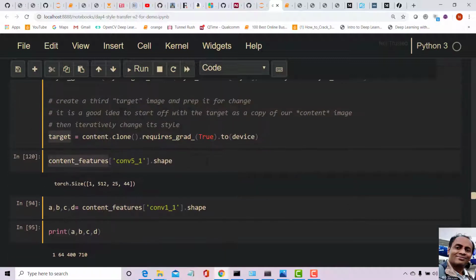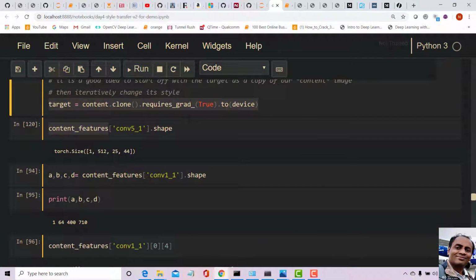We made the requires_grad of only one thing true, that is the target image. The target image doesn't have a network, it is just the image pixel values, and we made requires_grad of that true. That means every time I do the loss.backward, these values are going to change.